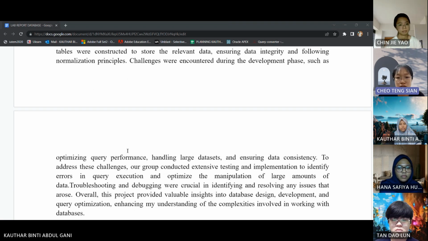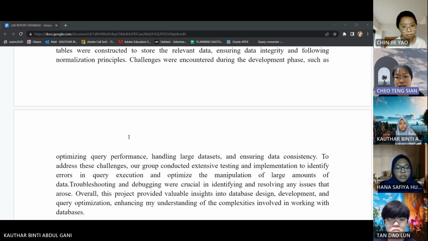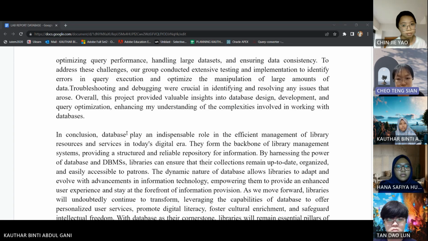Challenges were encountered during the development phase, such as optimizing query performance, handling large data sets, and ensuring data consistency. To address these challenges, our group conducted extensive testing and implementation to identify errors in query execution and optimize the manipulation of large amounts of data.